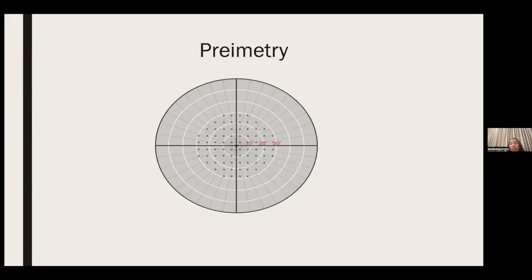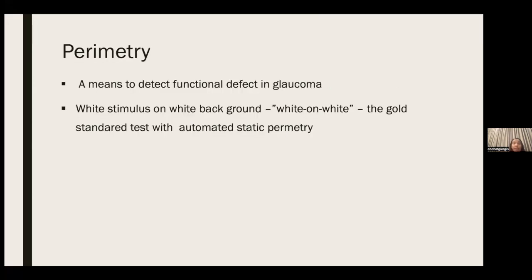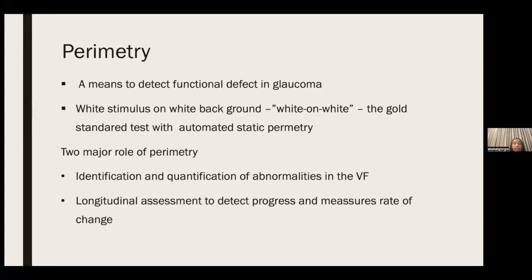So coming to the next chapter, which is perimetry. It's a means to detect functional defect in glaucoma. White stimulus on white background, which is called white on white, is the gold standard test with the automated static perimetry. Two major roles of perimetry are identification and quantification of abnormalities in the visual field, and the longitudinal assessment to detect progress